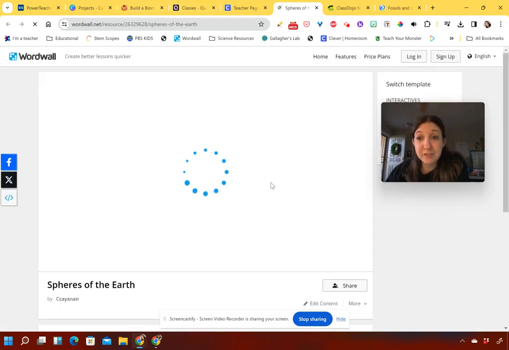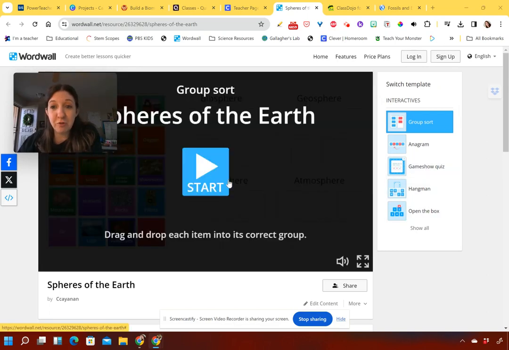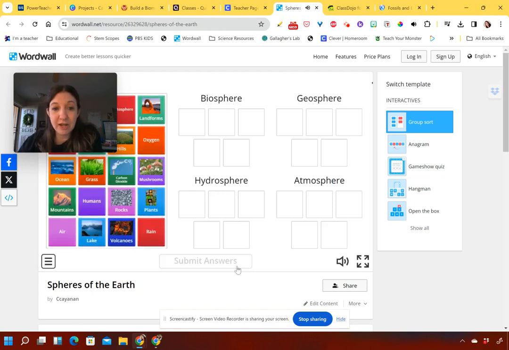So this is the spheres of the earth. It's kind of fun because the students know that they can play different ones. They like to play the game show or the hangman version. It's the same thing where they match it. And when they're done, they can check their work, which I love because they love to get the ding, ding, ding,